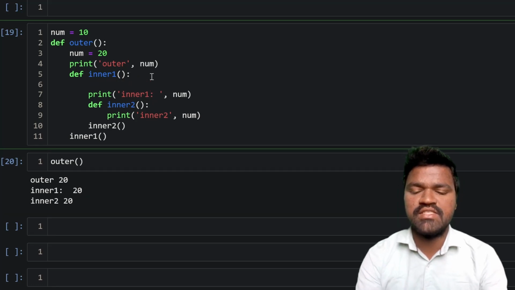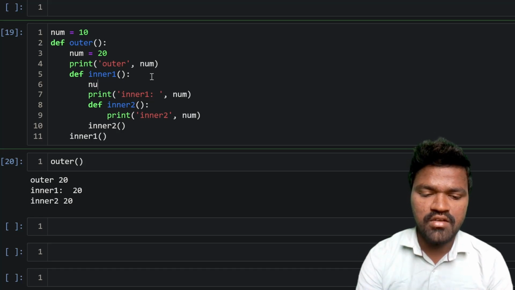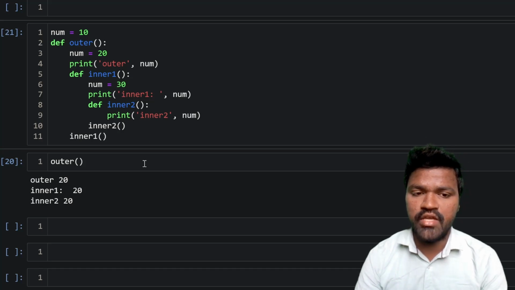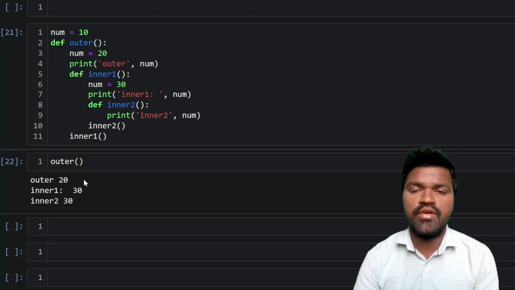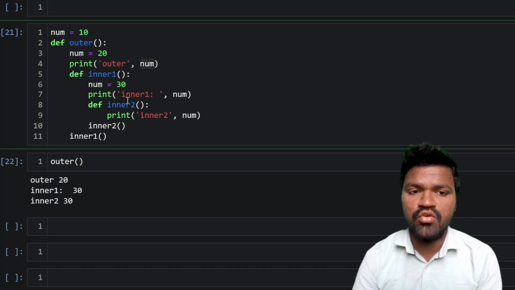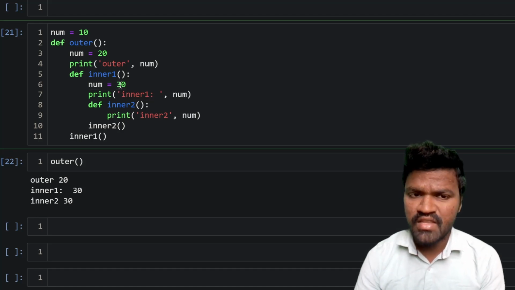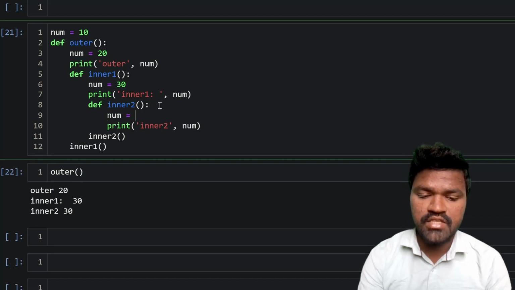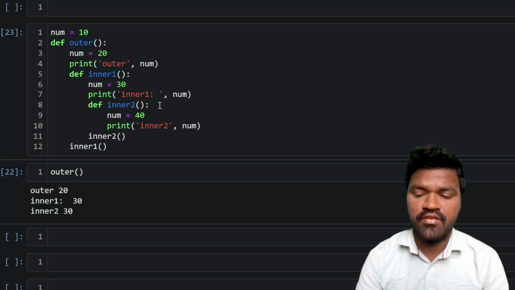So now in this inner one function, I will mention number is equal to 30. Now I will execute this. Observe carefully. I will execute this one also. So now you can see the difference. From the outer function only we are getting 20. For inner one and inner two, we are getting 30, 30. The reason is because this number is overriding the number in the outer function. After that, in this inner one function, we were overriding this number again in the inner function. So now if I mention number is equal to 40, and I execute this,